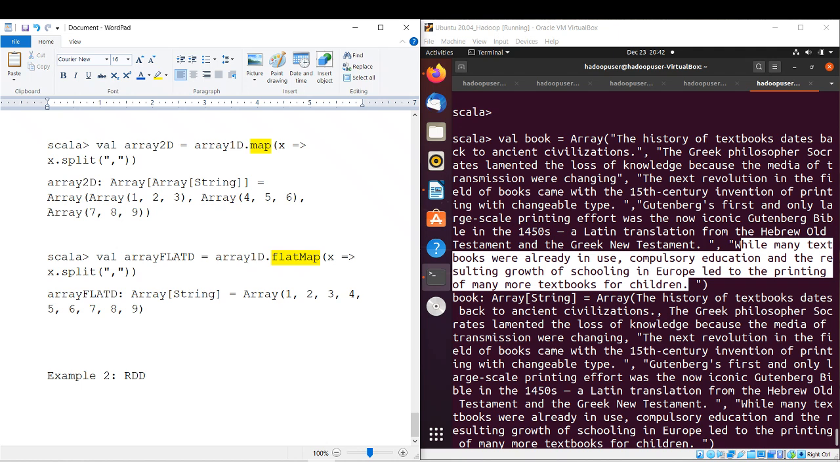Whenever you learn any programming language, you always write a hello world program, because that's the most basic and simplest thing that you can do in any programming language. But since